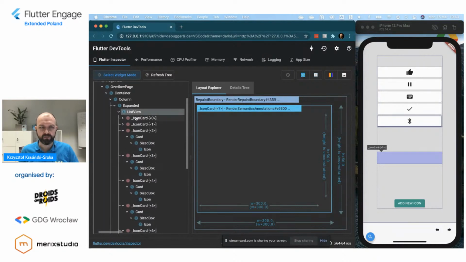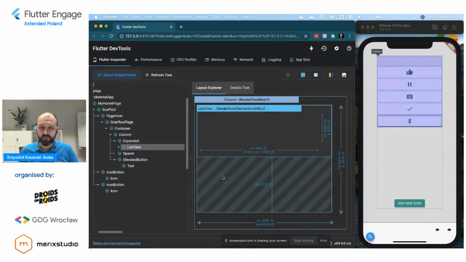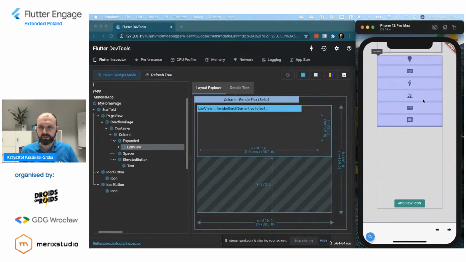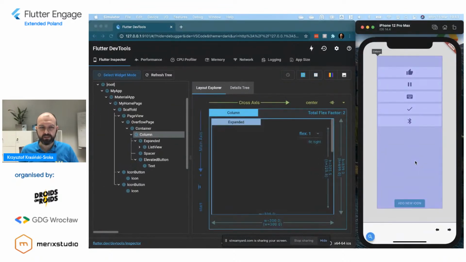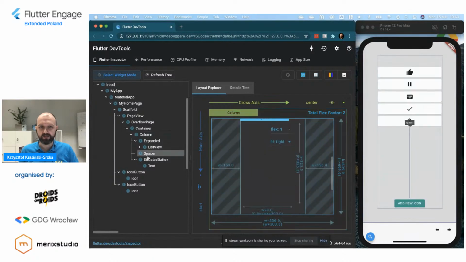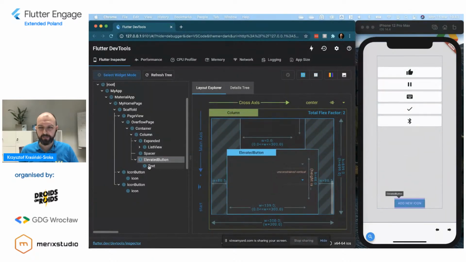Let's see in a list view what happens here. Well, the list view, as we can see, is only half the size. Oh no. So something's taking up this size. And we can either continue with select widget mode, or we can try to go through these widgets here.